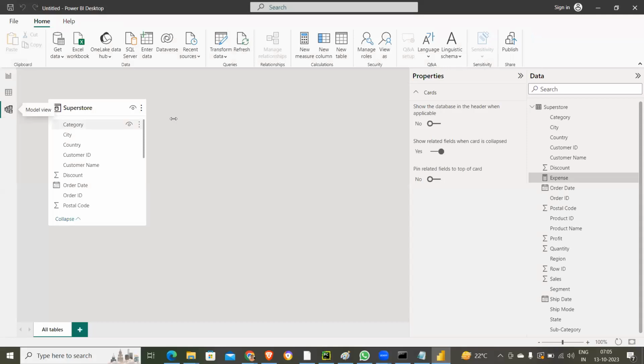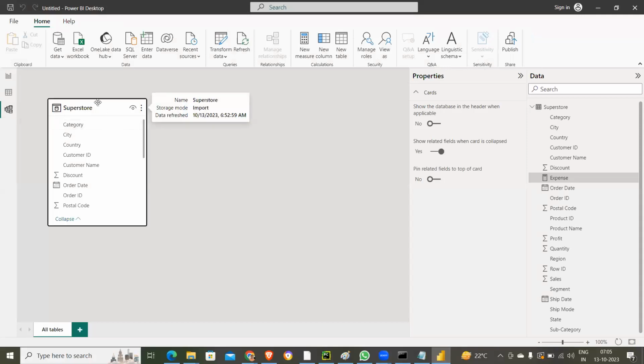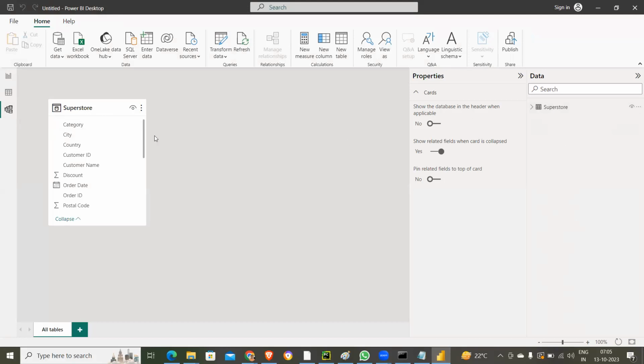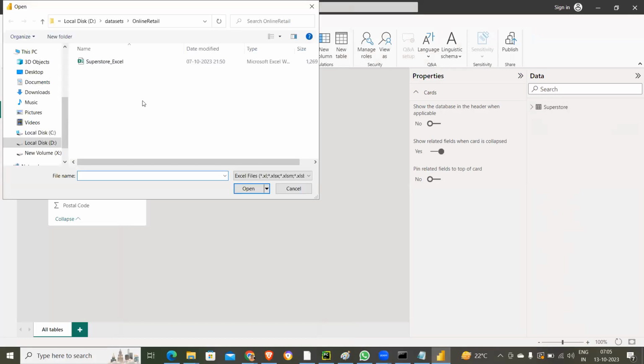Yeah. Okay, now you can go here and see. This will show you different tables that you have imported. So let's say I have imported only Superstore, right? So I'll see only Superstore here. Now I can go and say here, get data, right? So Excel workbook. I click on Excel workbook and